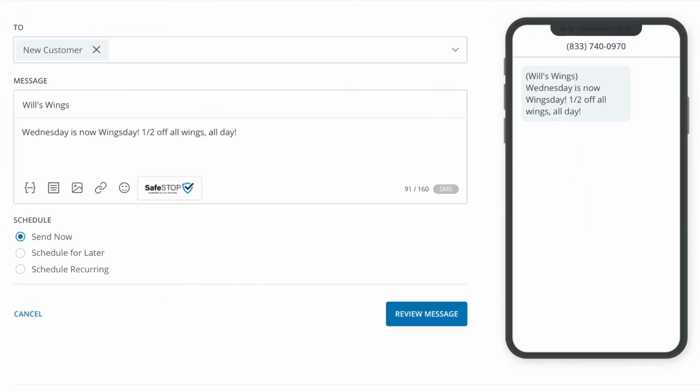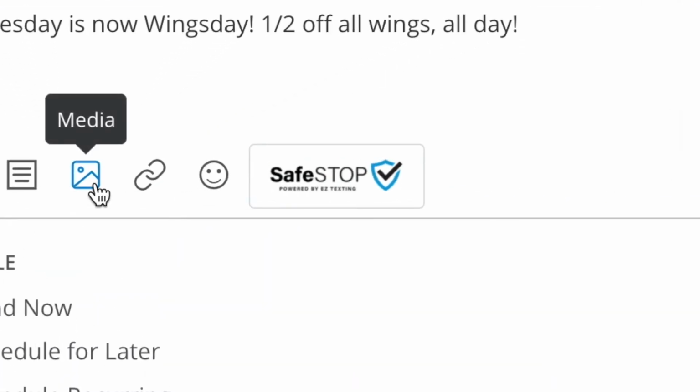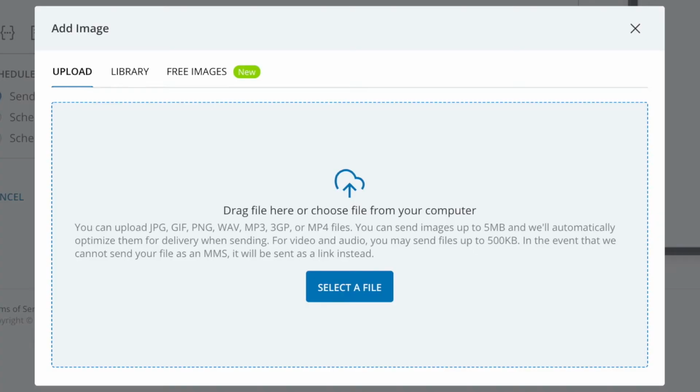When you are ready to start adding one of Shutterstock's royalty-free images, tap on the media icon at the bottom of your message block. You also have the option to add your own photo instead of browsing through Shutterstock's library by tapping on Select a File. Just know that whichever option you end up choosing, the steps will be the same for accessing the photo editor.